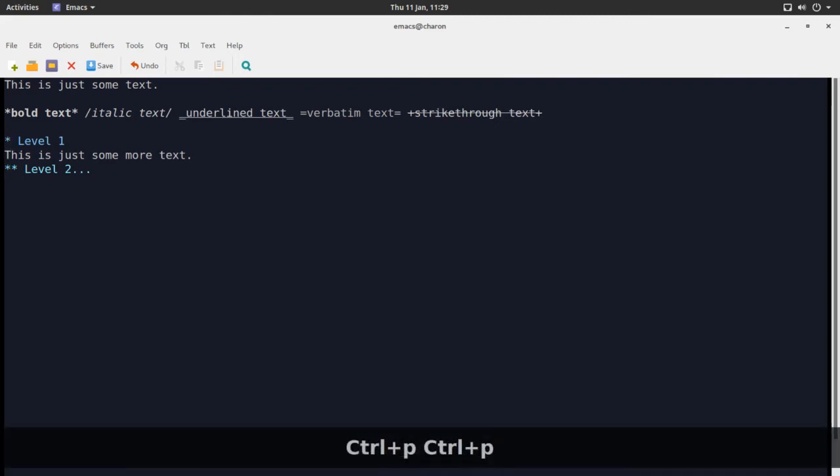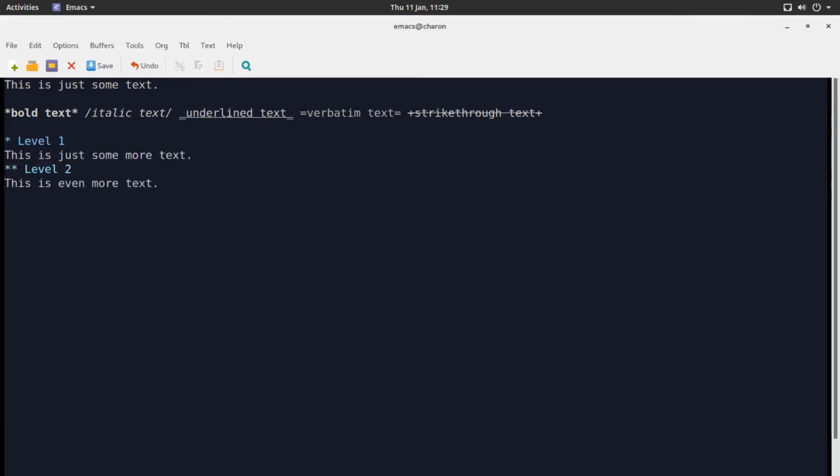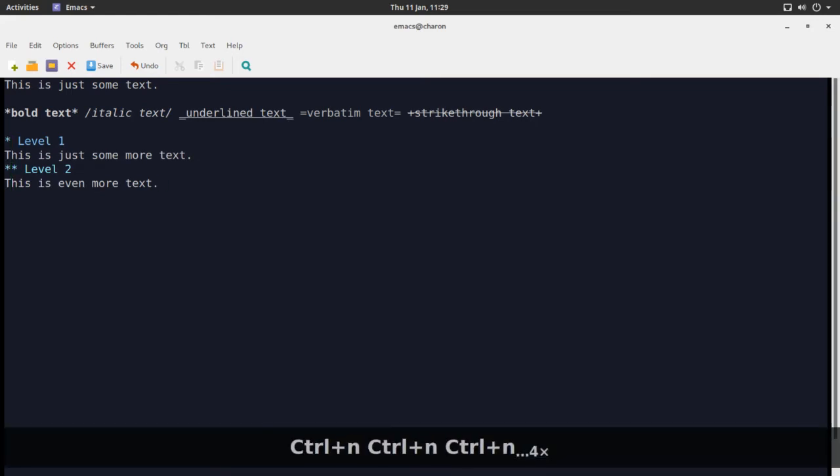But if I hit tab again, it just uncollapses everything. There's more levels of headings. You can just add more asterisks. This is a level 3, and sadly the last one, level 4. Oops, level 4. If you try and do more,